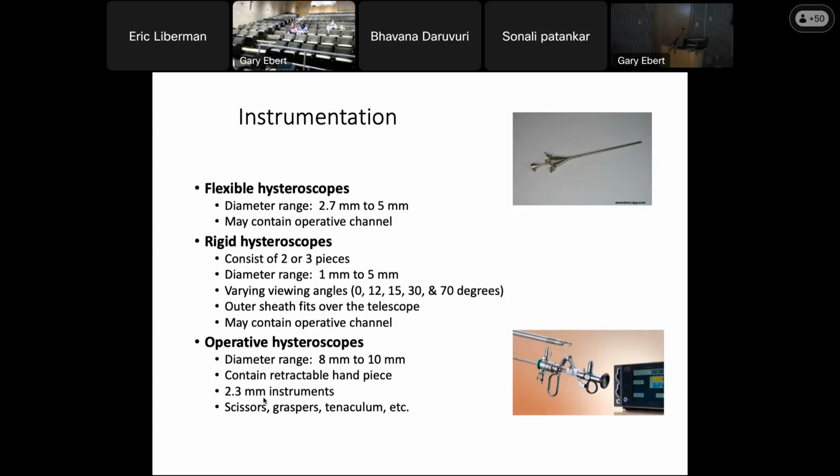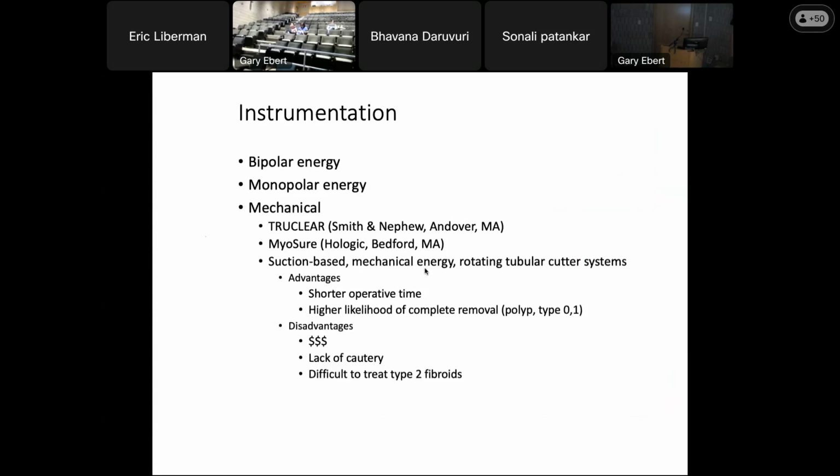When I do office hysteroscopy, I like to use a 4.9 millimeter diagnostic scope like you see in the upper right-hand corner, where there's an operative channel so you can actually perform polypectomies and anything else you need to do, such as remove IUDs. For the operative hysteroscopes, there's energy and mechanical. I prefer the bipolar energy. In terms of mechanical, I know there's been a big push over the past few years to use the mechanical. Probably for the last 10 to 15 years, industry has really